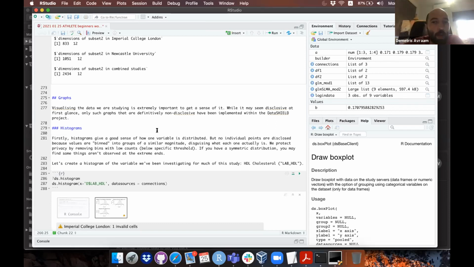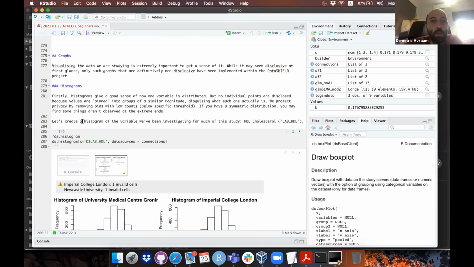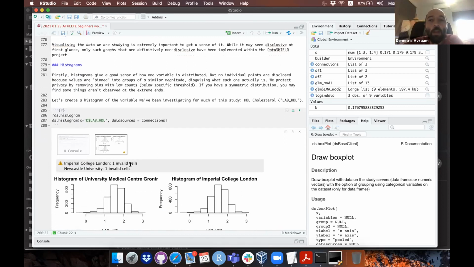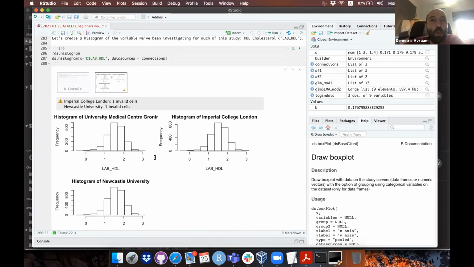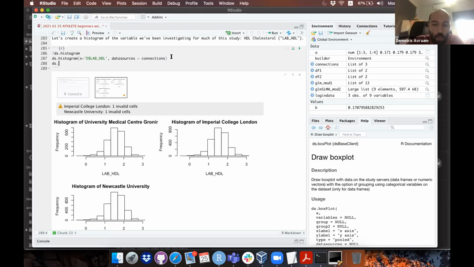Okay, so the first graphical function that we can see here is the ds.histogram. So you can create the histogram of any continuous variable, and we can see the distribution. And we can also do a ds.histogram for the combined analysis. So we can see the histogram of the same variable, but across all the 3 studies. So if you put here just type equal to combine, you will see the one histogram that is the pooled